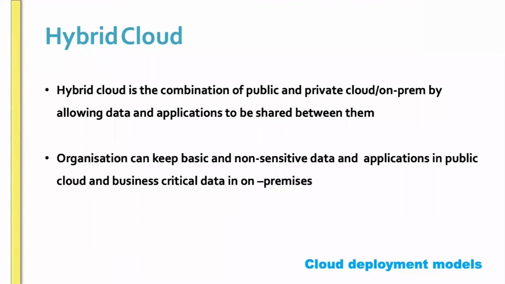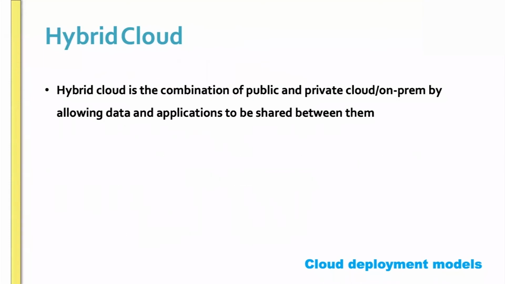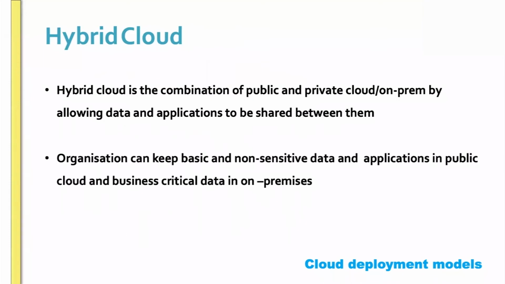Both are used. Some organizations keep their web layer, their website, in public cloud, and the database or your data is in private cloud. That way they can achieve a hybrid model. So it's not only public and private; public plus on-premises is called a hybrid model as well.